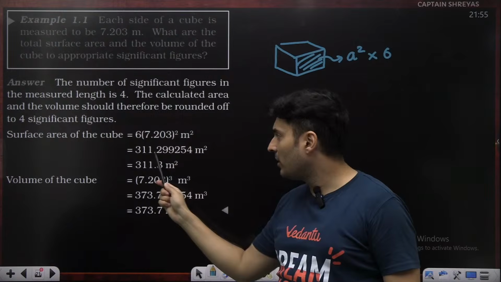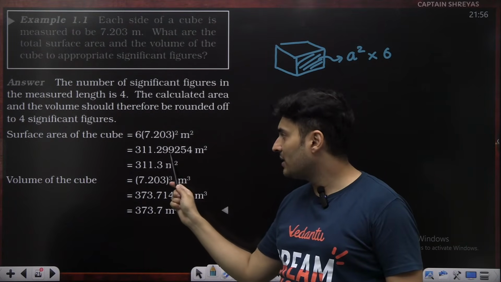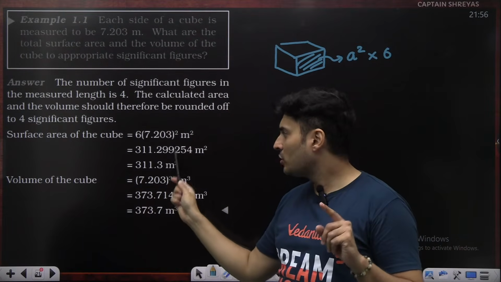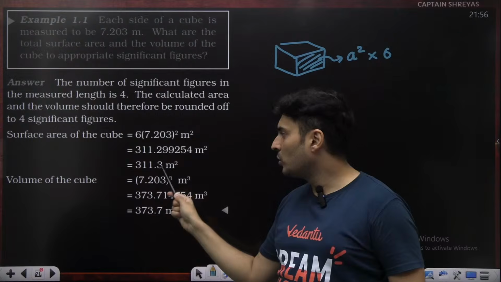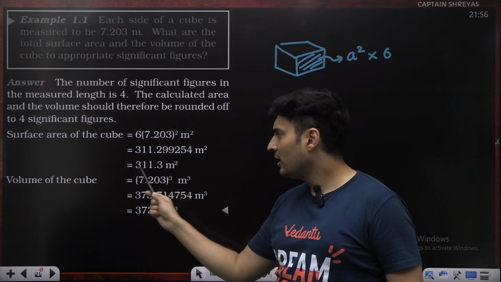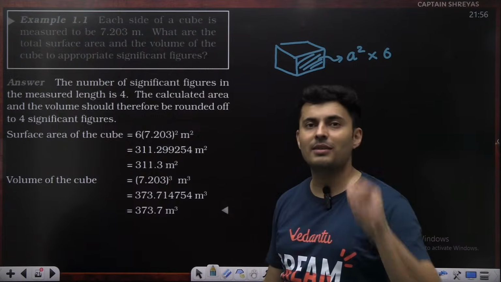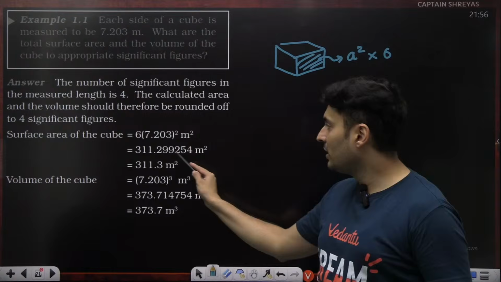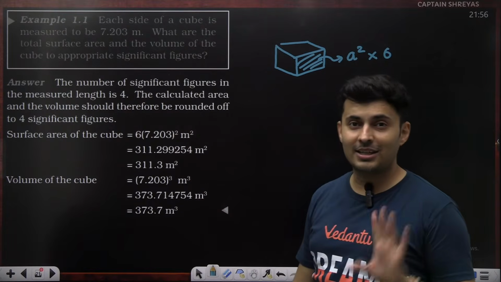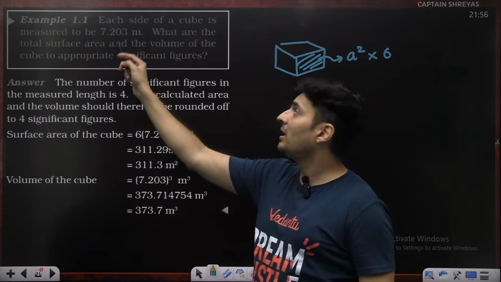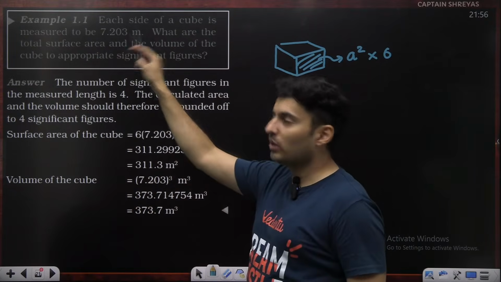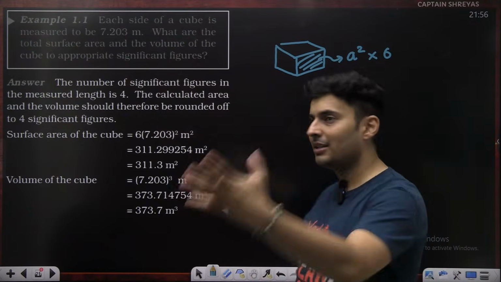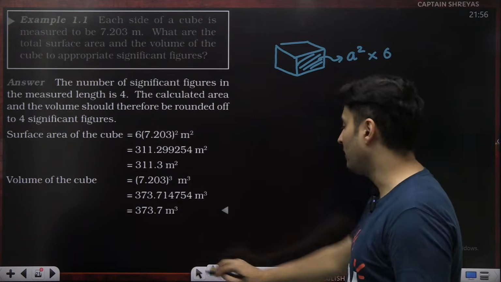So out of this big number, get rid of many of the digits, like 2.2999. This number 9 is more than 5, so it will be rounded off to 3. So 2 will be incremented by 1. So 311.3. So 4 significant figures. Understood how we have written down the answer? Although this seems very real, this should be the correct answer, but no, the initial side was only measured till the fourth significant figure. So the final answer can't contain more significant figures than the actual measured value.